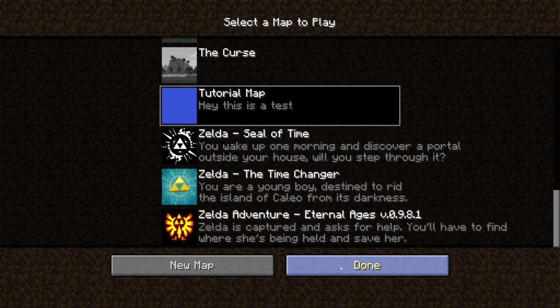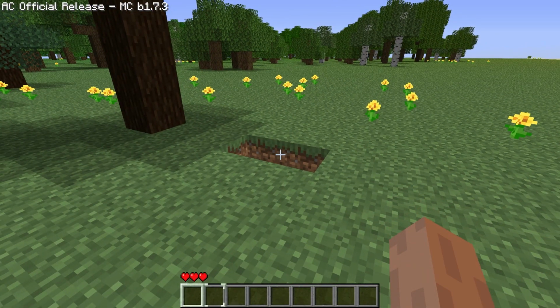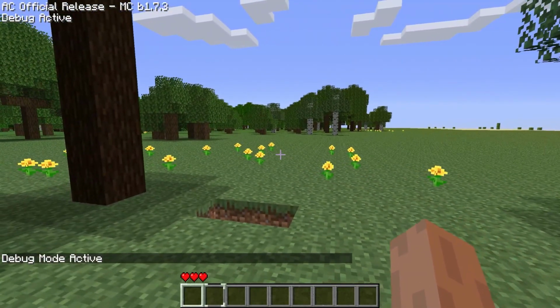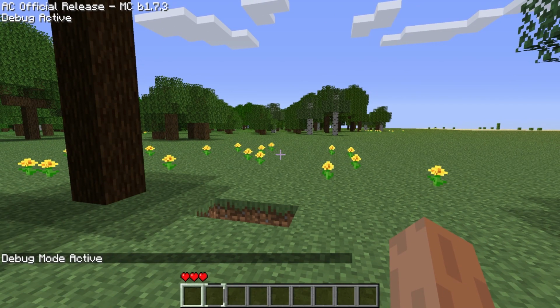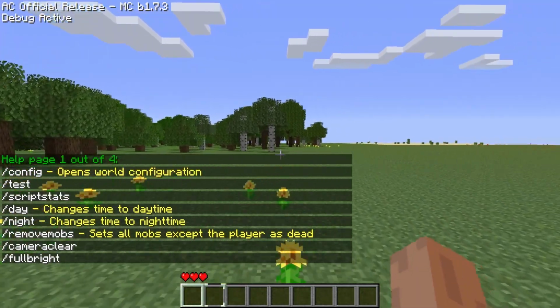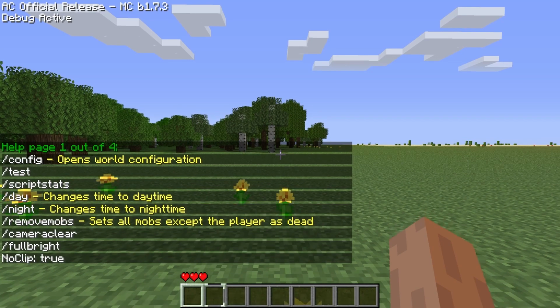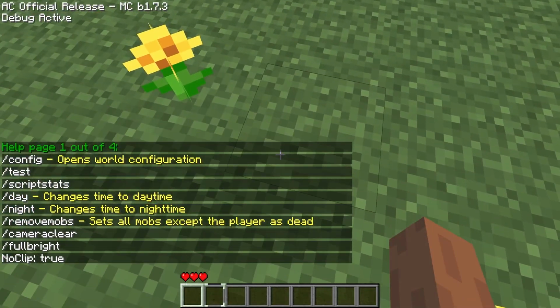So let's select tutorial map again and hit done. And you can see, okay, that's saved now. So what can we do now? We have the debug mode with F4, then we can hit T to activate the chat and type /help to toggle our commands. And the most important one is probably no clip, which, as the name suggests, lets you clip